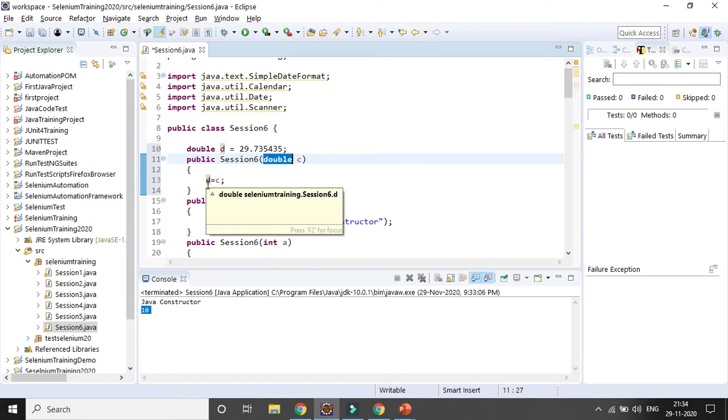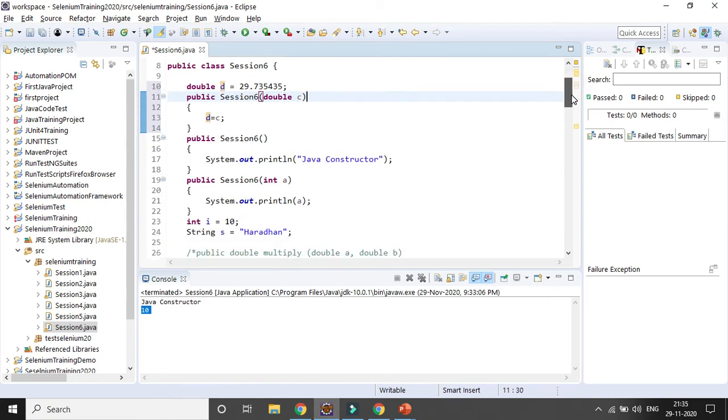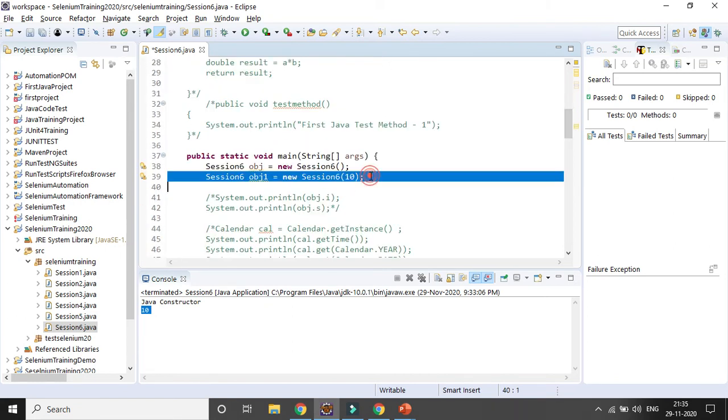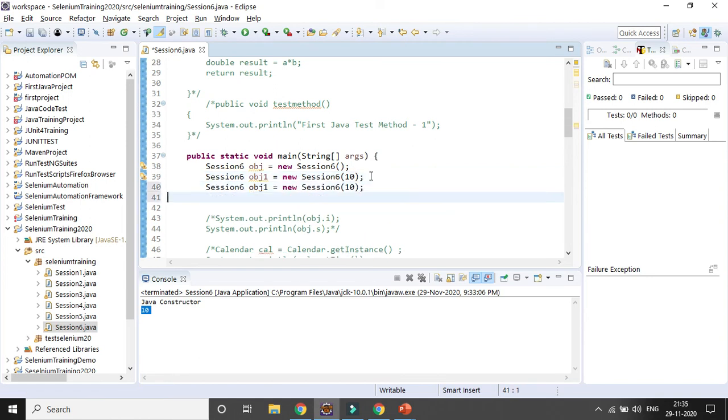I will be creating an object here in the main method for double, where I need to pass a double. You can see an error message is coming, because you can't directly call that object 1; you have to create another object called object 2. Now the error message is gone.